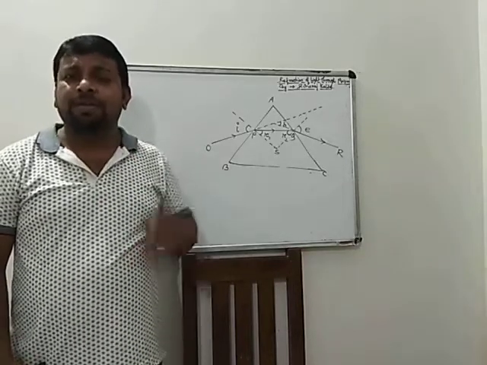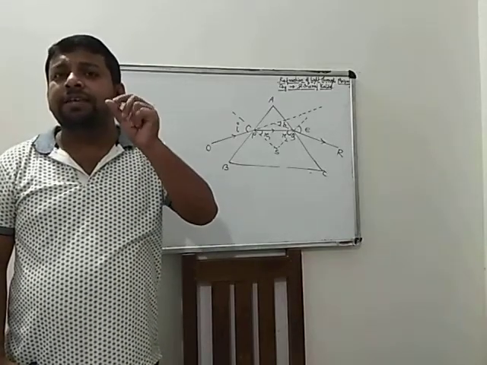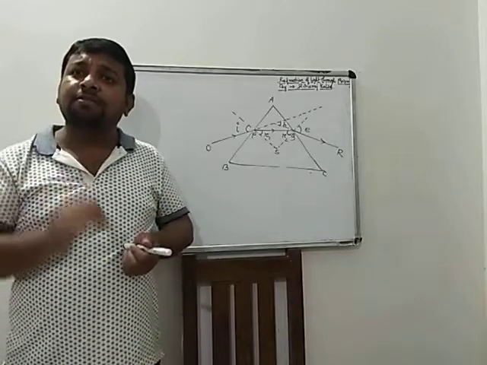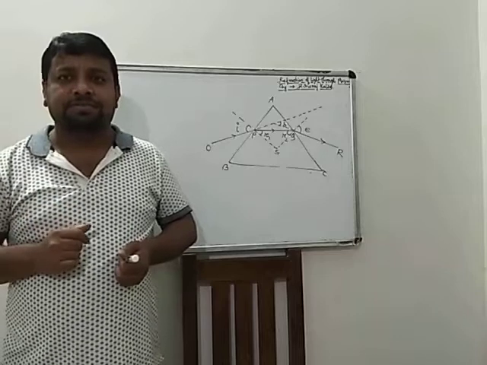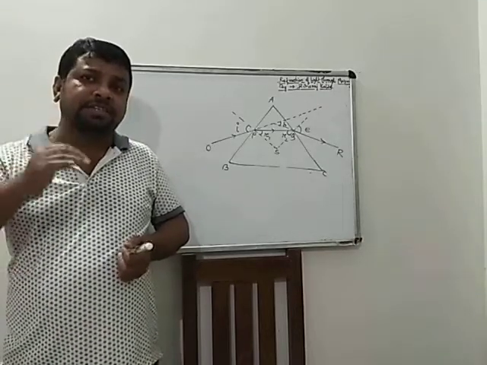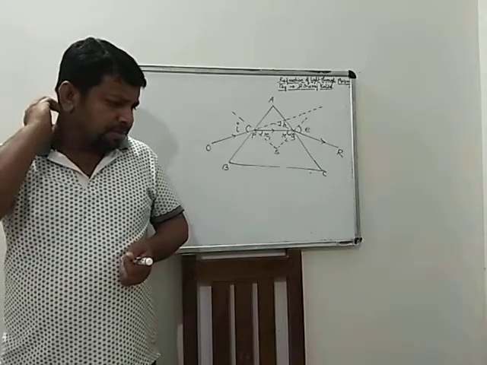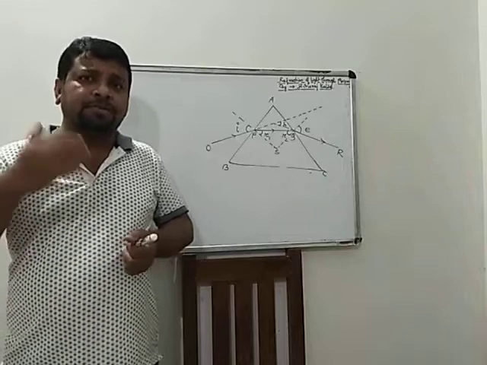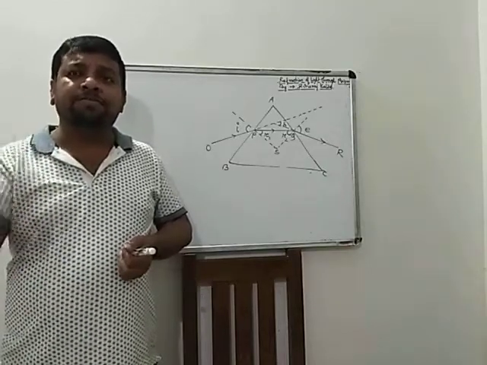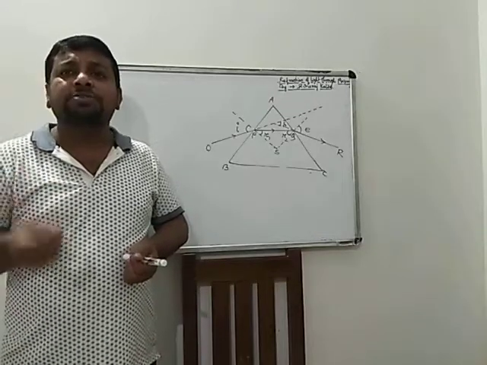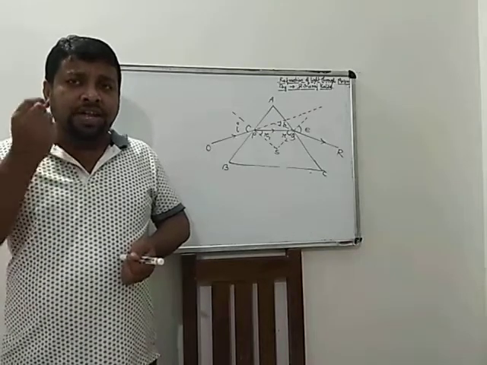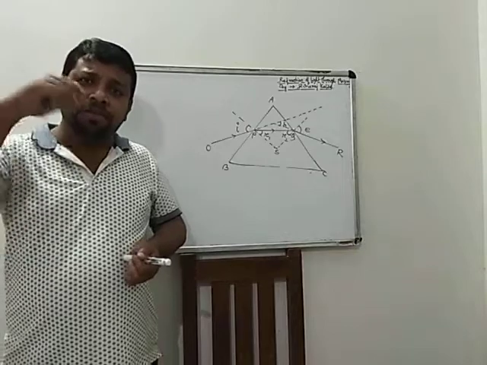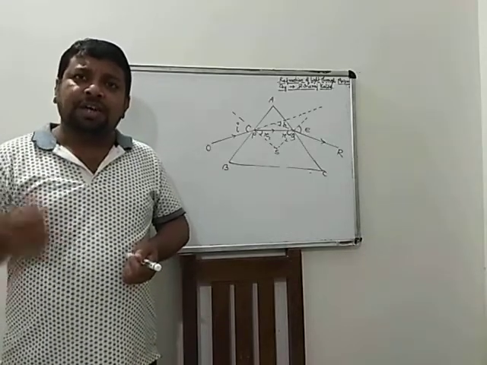So in case of a prism, if the angle of incidence gradually increases, then the angle of deviation gradually decreases. Suppose the angle of incidence is 30 degrees. If it gradually increases from 30 degrees, 35, 40, 45, 50, 55 like this, then the deviation angle gradually decreases. Suppose at 30 degrees it is maximum, at 35 degrees it decreases, at 40 degrees it decreases, and at a certain angle of incidence,